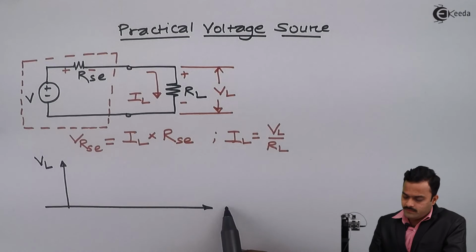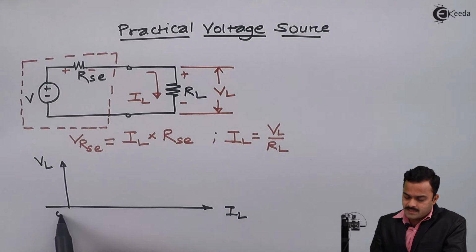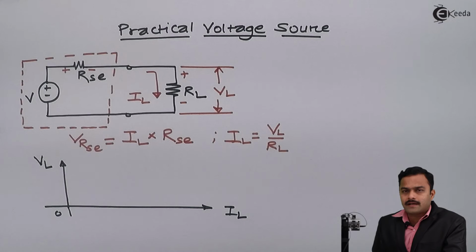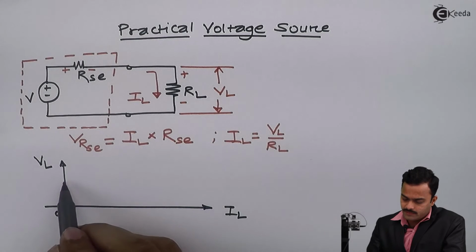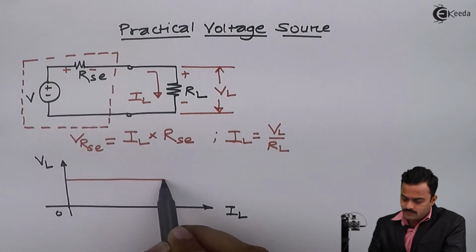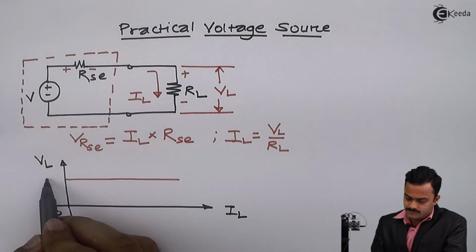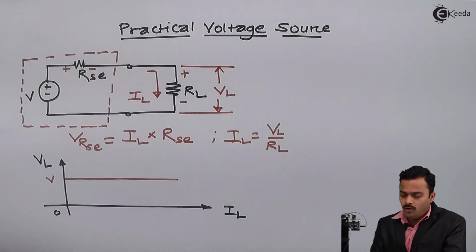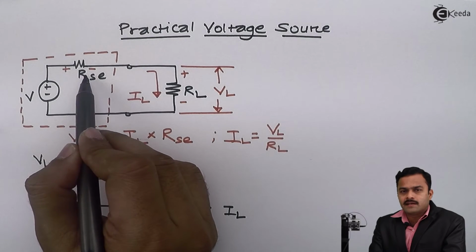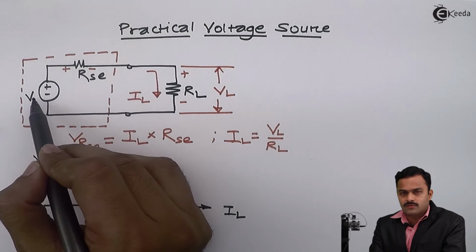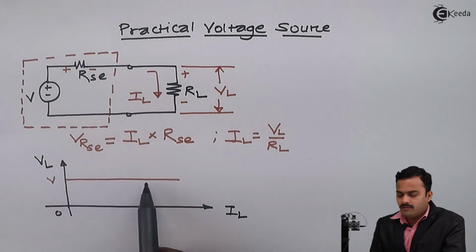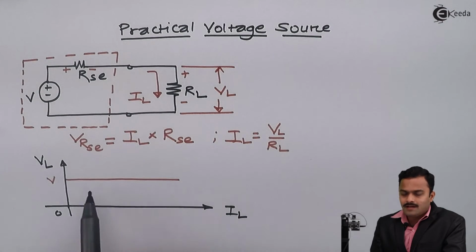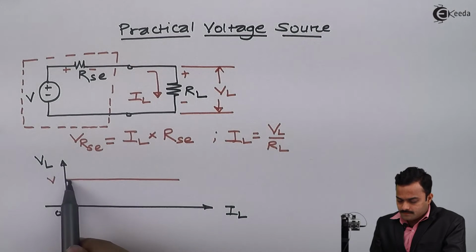Now suppose I want to plot the graph of IL and VL. So VL versus IL, which I can say is the VI characteristic of a practical voltage source. Had it been an ideal voltage source, it would simply be a constant value determined by this V. But now because of the load resistance and the resistance connected in series with this voltage source, the voltage won't be fixed. It will be drooping in this form,